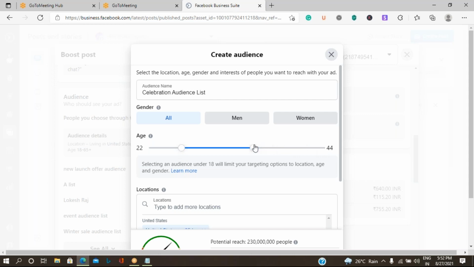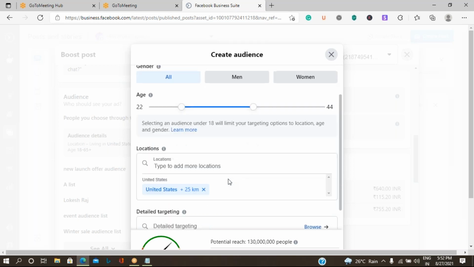Let me select the audience in the age category of 22 to 44. It all depends on what kind of content you want to share. Based on that you can select the audience to whom you want to reach.